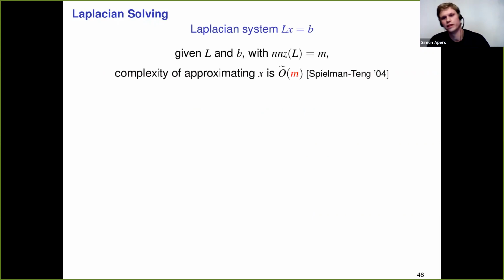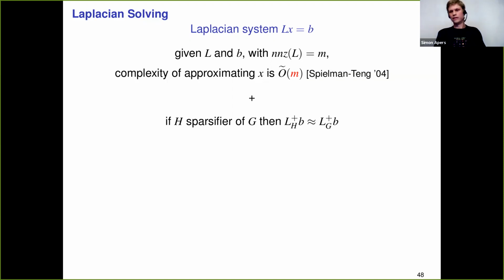Namely, Spielman and Teng showed that for a Laplacian L, which has m non-zero entries, so basically any Laplacian L can be associated to a graph, and this graph will have at most m edges, the complexity of approximately solving this Laplacian system is near linear in the size of the system, so Õ(m). Then we use the fact that this is not entirely trivial to prove, but it's well known